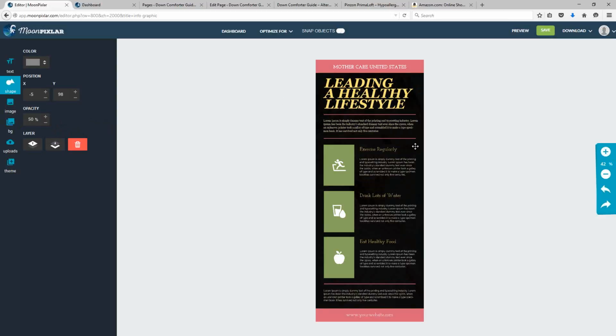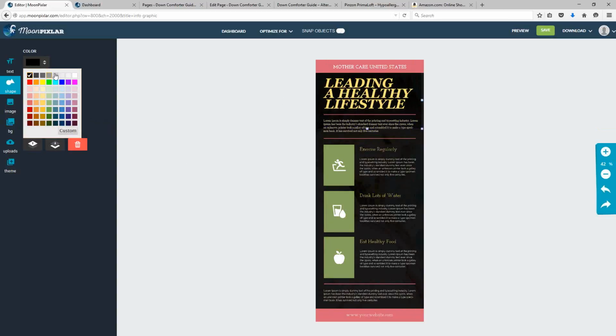Now, these rectangle boxes, like what I was just making, they can also be used to create all other different types of designs that you see used in a lot of these templates. For example, the little color bar across the top right here can be created with that. The color bar across the bottom, these green boxes that are in the middle of the page here, you can even take one of these